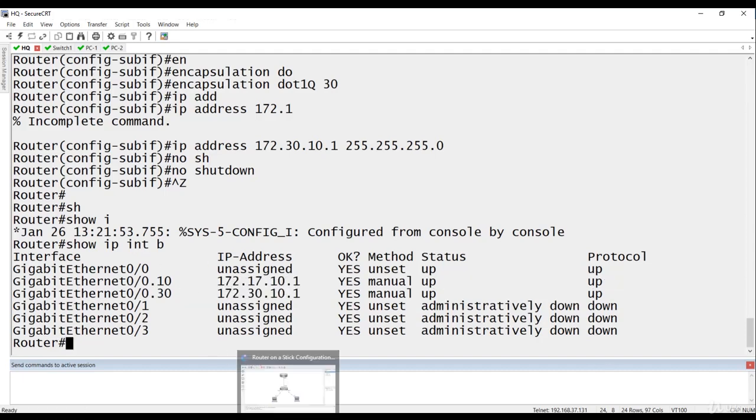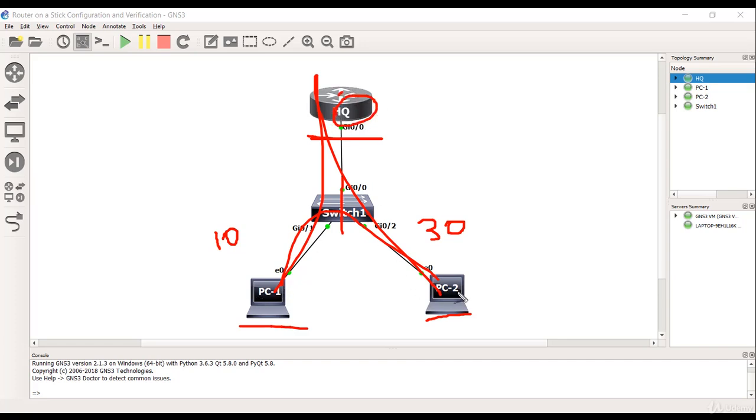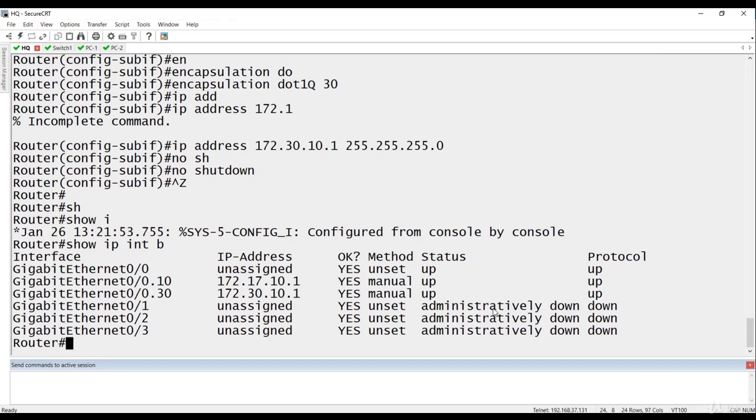Okay, so if we go back to our topology, I will assign manually an IP address to PC1 and an IP address to PC2, and these two IP addresses will be from VLAN 30 and VLAN 10. So these two VLANs, if this trunk did not exist, they wouldn't be able to communicate. They wouldn't be able to do this at all. They would have been separated. But now the router is doing the routing, so it will just route everything between them. Okay, let's go back to our console